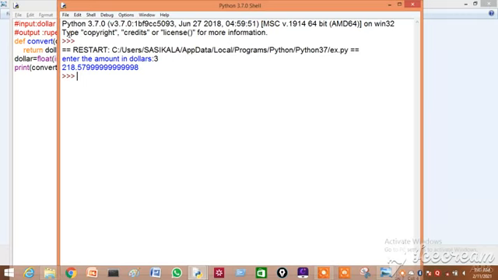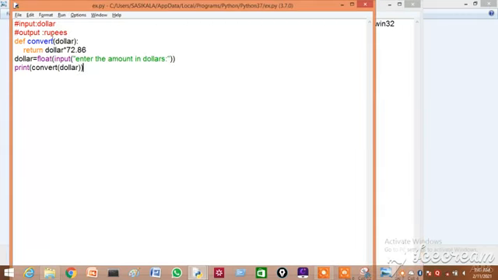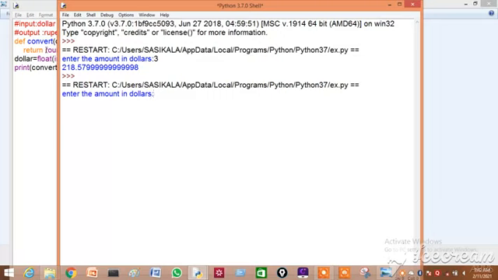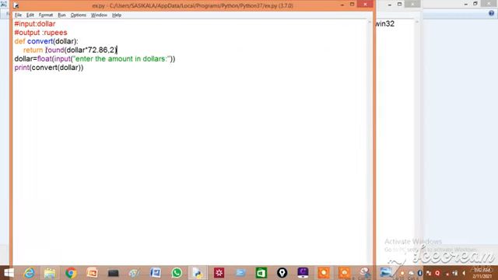Okay. So this you can round off. Here you have to give round, comma, how many decimal points? 2 decimal points, and I should close that. Okay, now execute. You can see here after the decimal point you have only 2 digits. This is a non-void form. It is going to return something from the function.